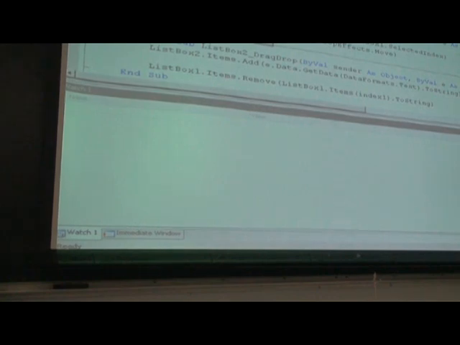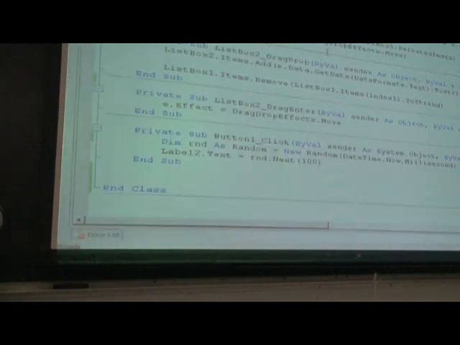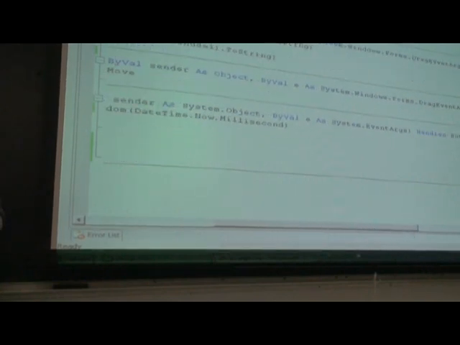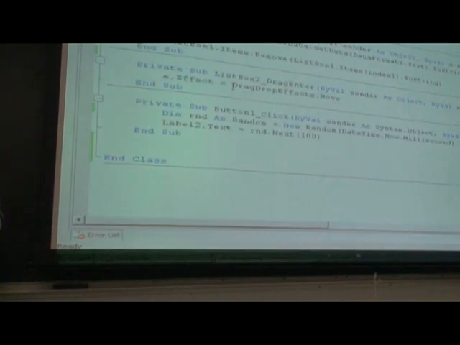That comes in on this DragEnter. So when I drag and I'm entering the zone over the target, this event fires, and I basically just say that E is a drag event, and the effect I want is to have it look like a move. And then when I actually drop, when I release the mouse button, this DragDrop fires,